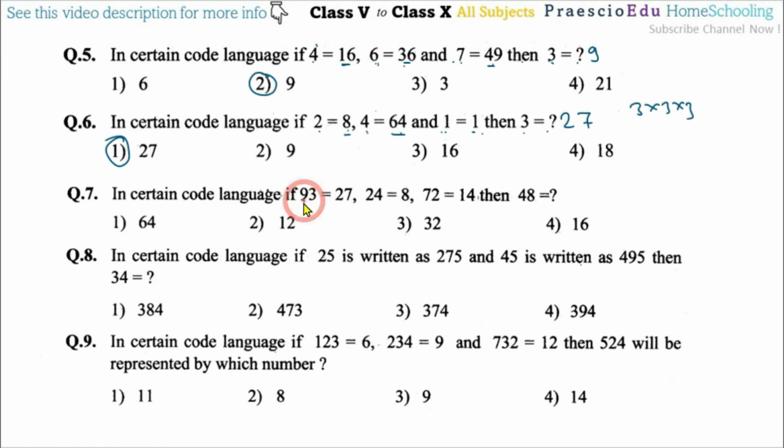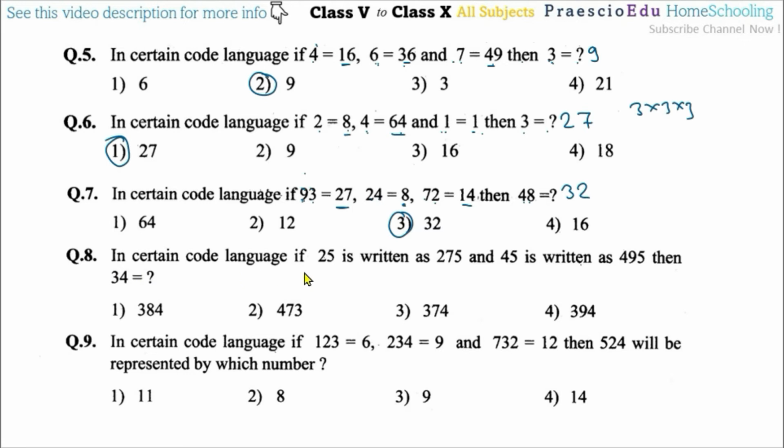If 93 means 9 and 3, if you make a product of 9 and 3, it means 9 multiplied by 3, we are getting 27. Likewise 2 multiplied by 4 is 8, 7 multiplied by 2 is 14, then 4 multiplied by 8 means 32, and this is given in option number 3. Then question number